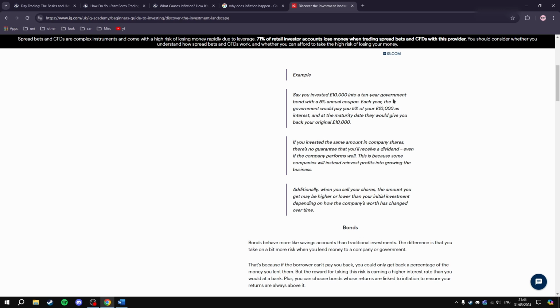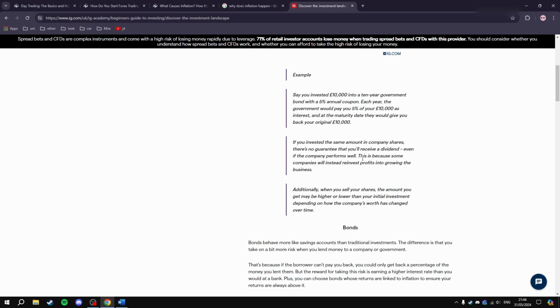So, you get £500 each year. And at maturity date, they give you back your original 10,000. So overall, you end up with 500 times 10, that's 5,000. You would end up with £15,000 back. If you invested the same amount in company shares, there's no guarantee that you'll receive a dividend, even